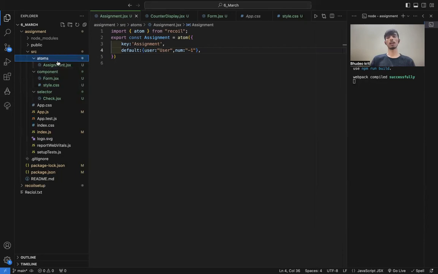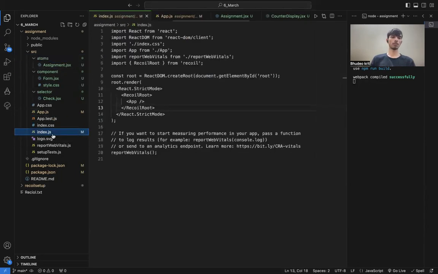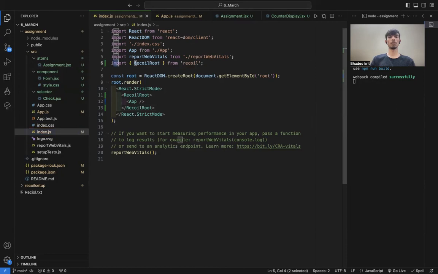After that, I have created here. First, we have to go to our index.js, and here we have to import RecoilRoot from recoil, and we have to put our App component inside the RecoilRoot component. After that,